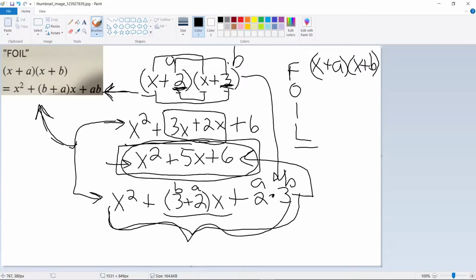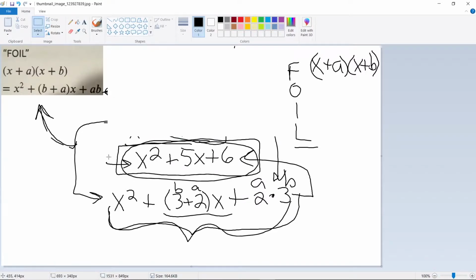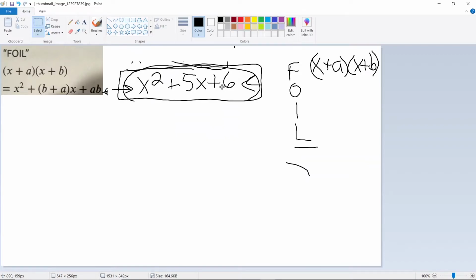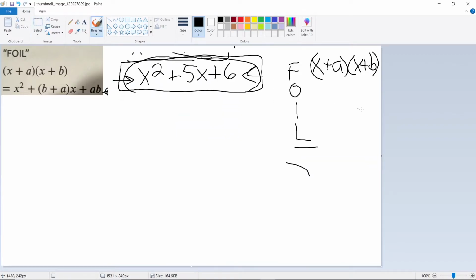Think about going backwards from this. Let me erase this stuff. And think about going backwards. I'm going to keep this part. In other words, this is a tool that could help you factor when you have a polynomial. I want to keep FOIL, and I want to keep that. So it could help you factor a polynomial. I'll show you another way to factor polynomials that might be easier to remember. But